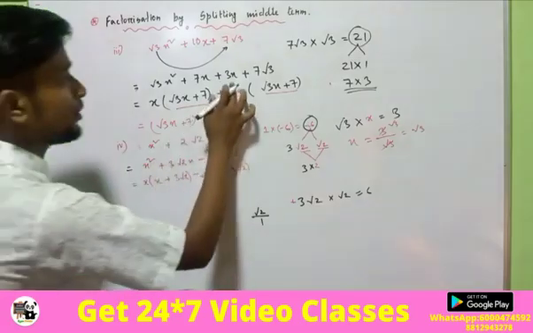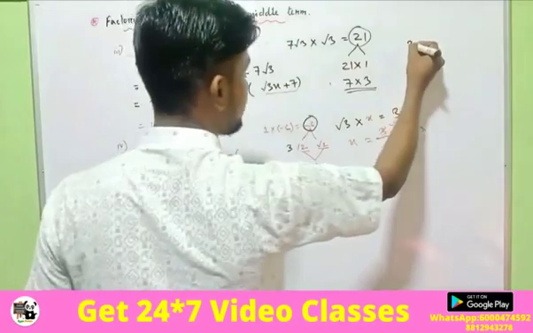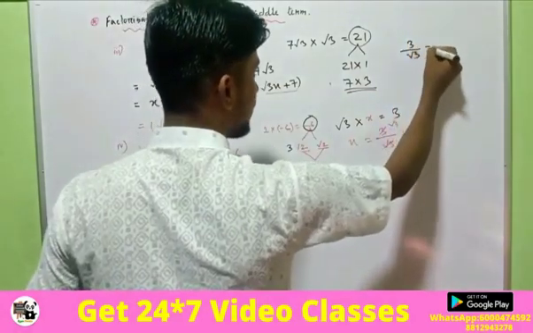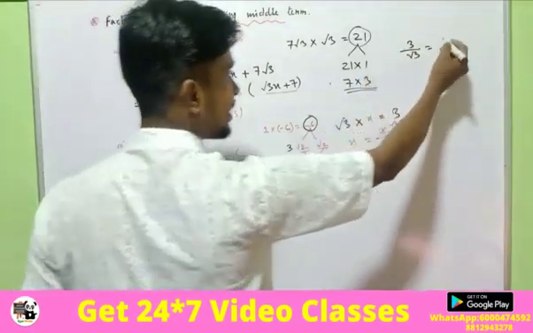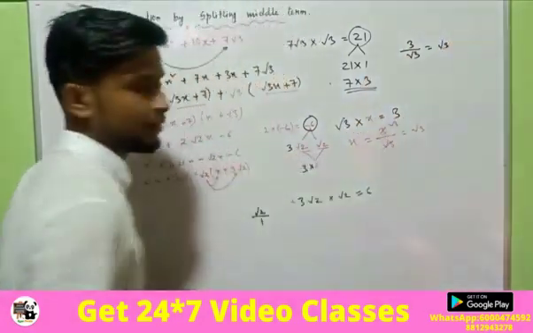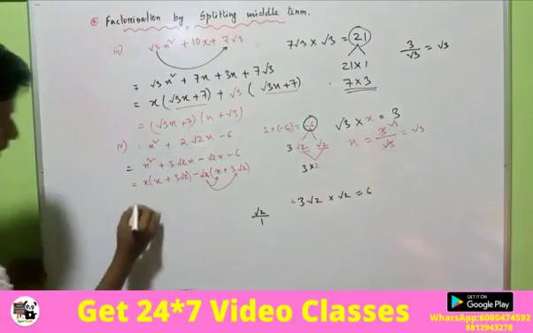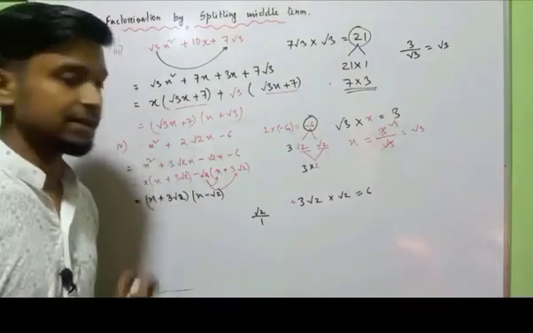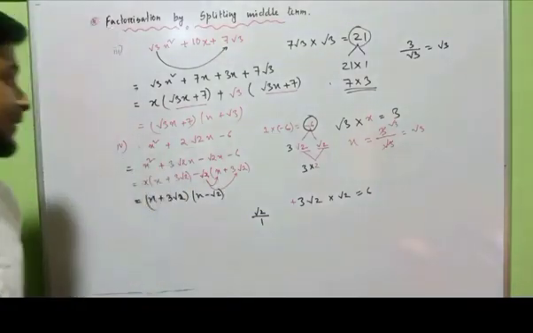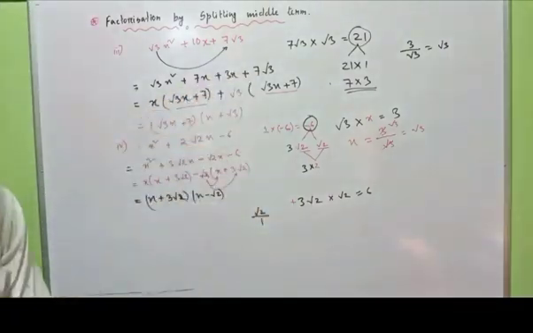All right, here also you see we are dividing this 3 by root 3, then it will be root 3 only. Okay, so this is how we can find out this value. It is the factorization of this number. We can factorize this kind of sum by splitting the middle term, right?